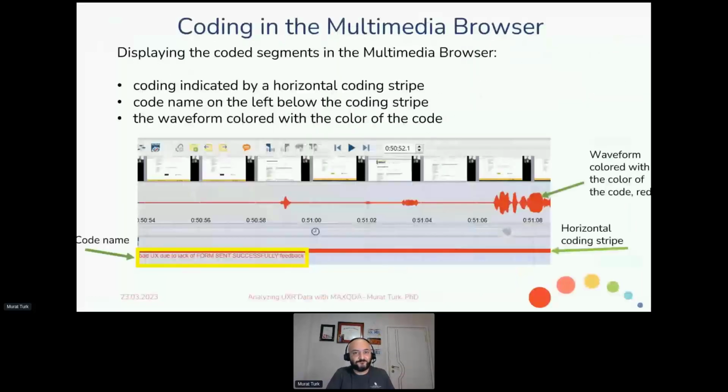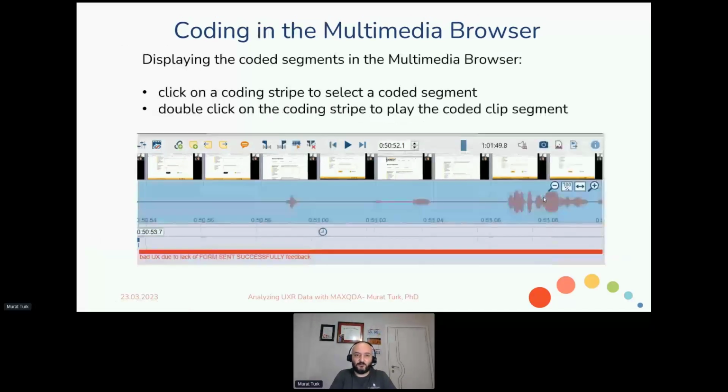So basically, this is what I have just explained to you. When you create the code, you can see the code name here, and then this horizontal coding stripe. Okay, it is called coding stripe here, and this is the waveform colored with the color of the code, red, because in this slide I have used red as the color, but in our example we have just used yellow, right? And so we talked about this. We double click and then we just